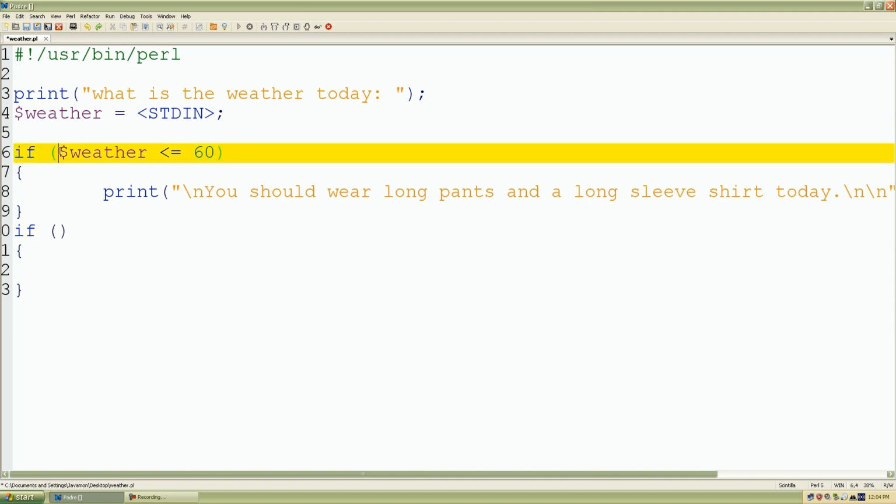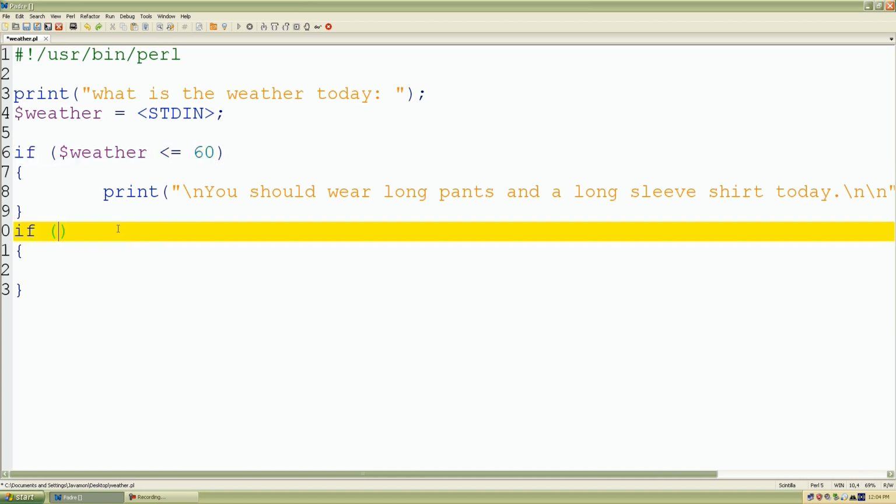So I'm going to ask again, if the weather is greater than 60 degrees, and if the weather is below or equal to, let's say, 75 degrees,